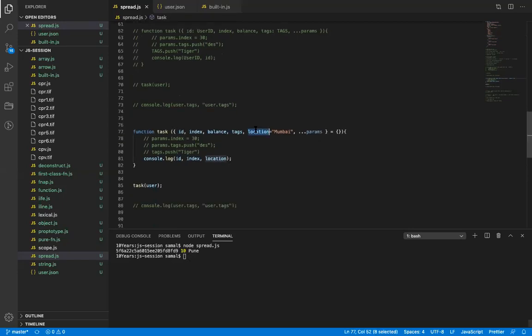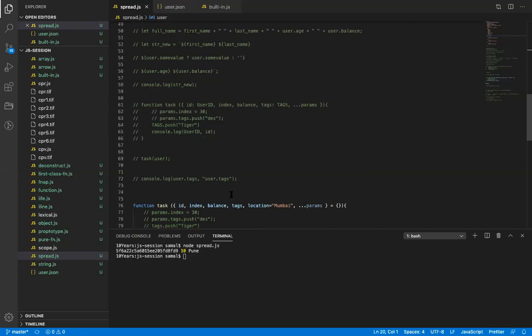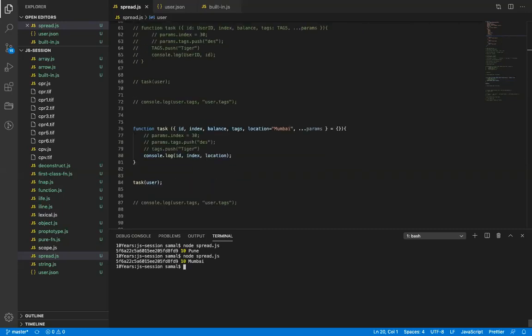So it will basically check whether this key is present in that object or not. First it will check: okay, there is a user object passed. So it will basically ignore this default object, to avoid the crash. Now in the user object, it will check whether the location key is present or not. If it is present, it will use that value. If it is not present, then it will assign the default value which is being assigned. So this is basically how a function handles all the parameters. Okay, so this basic ES6 feature is complete.